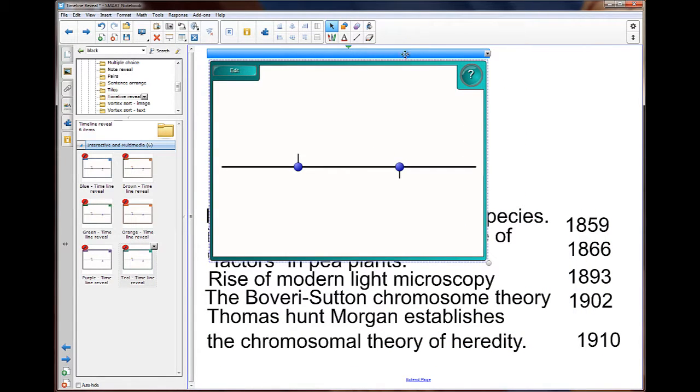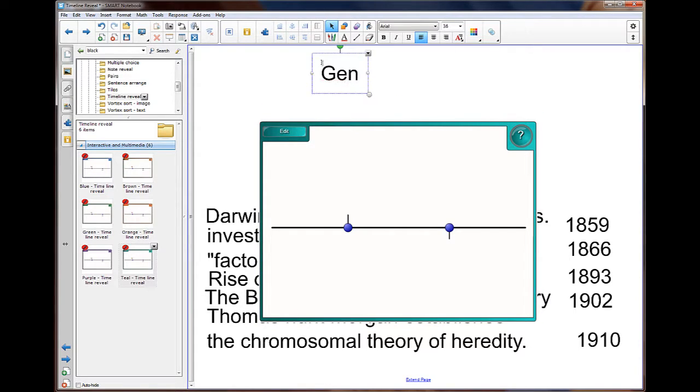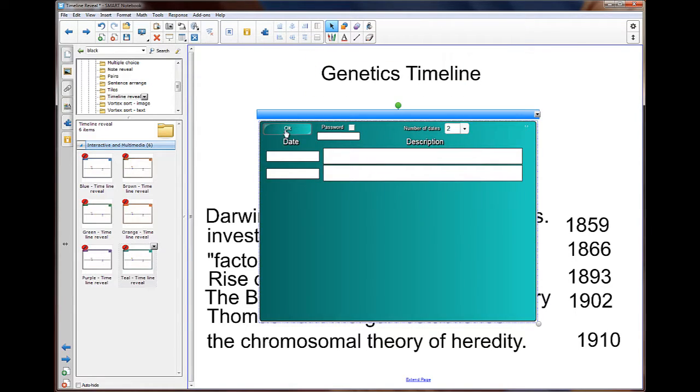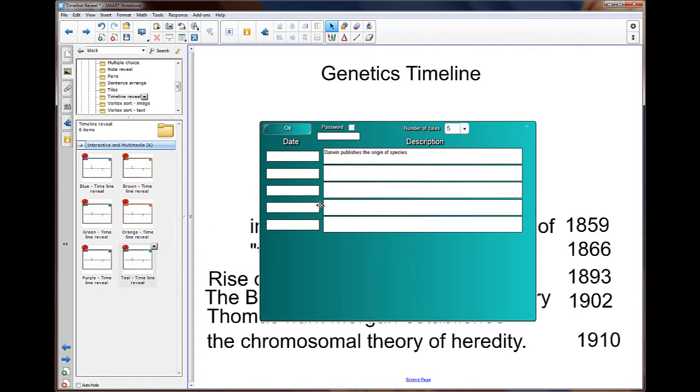Make this a little bit smaller. I've gone and I have collected my data, and this timeline is going to be about genetics. I have 5 dates that I'm going to use. As you can see, I've already collected my data, so I'm going to simply drag it in